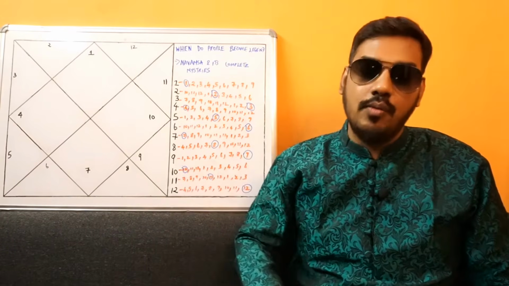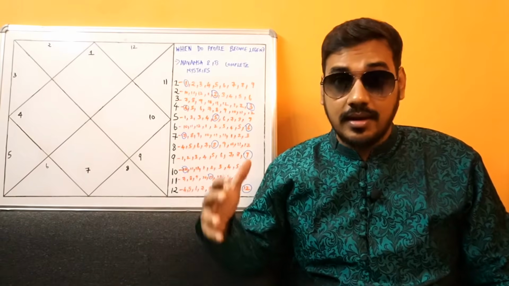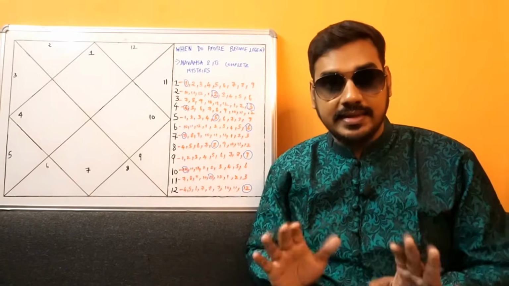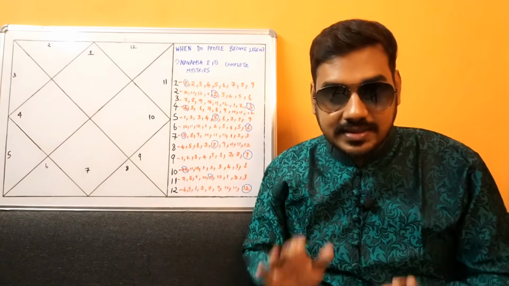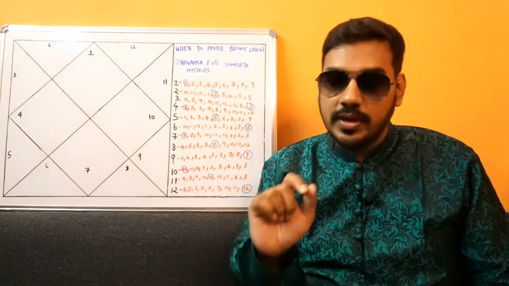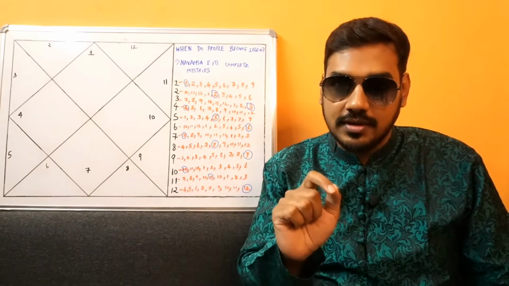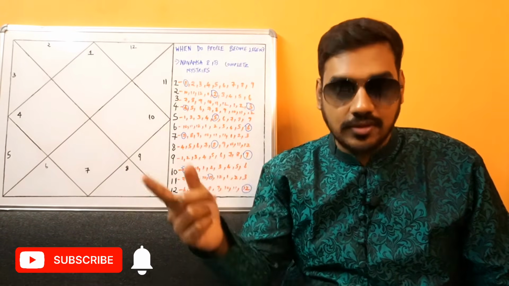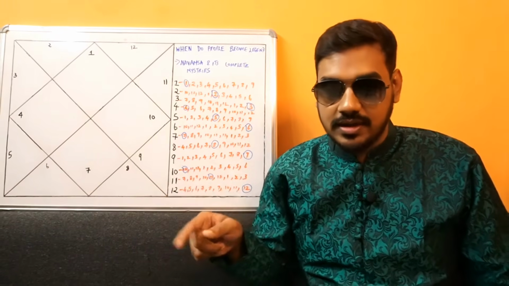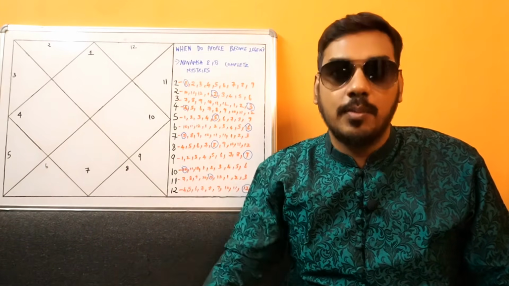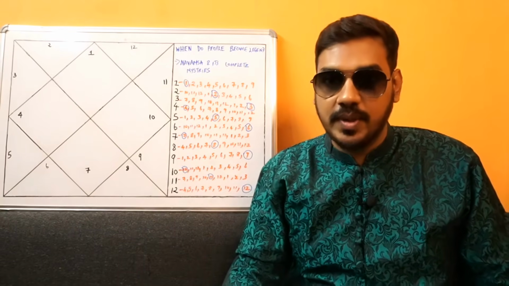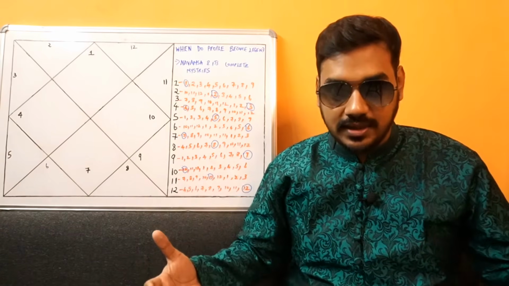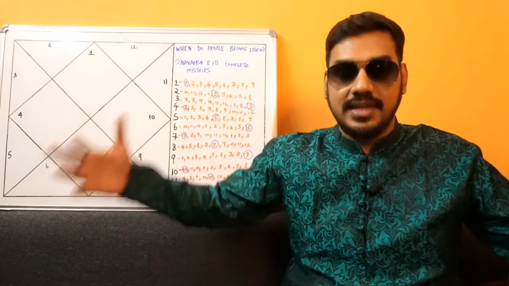Then you have to see how many planets are placed in good Navamshas. But here there is a condition. A person who has a very strong 6th Lord in the Navamsha chart, or 8th Lord, or 12th Lord, or 3rd Lord, also has to go through a lot of opposition and enemies in life, because when your 6th Lord or 8th Lord or 12th Lord gets exalted, that means the obstacles and the enemy are getting powerful.